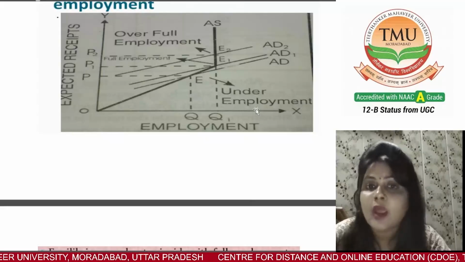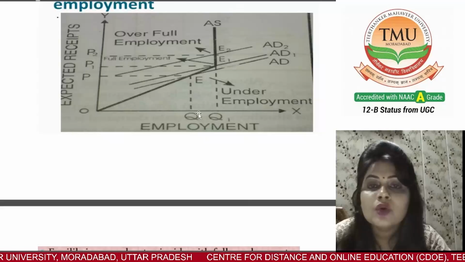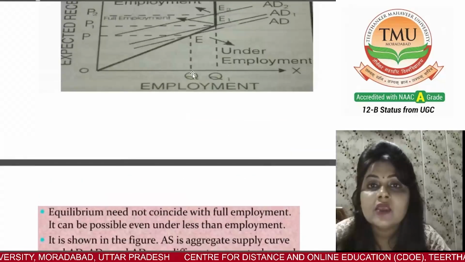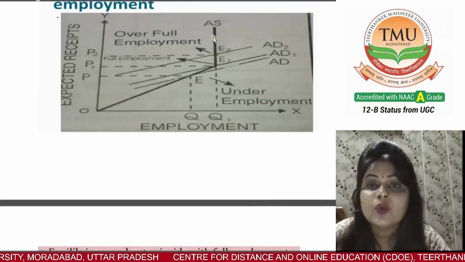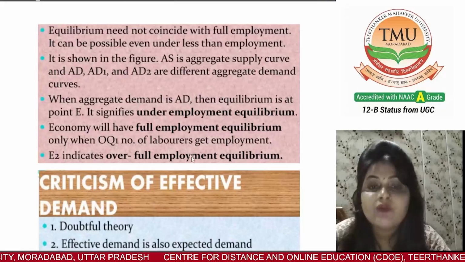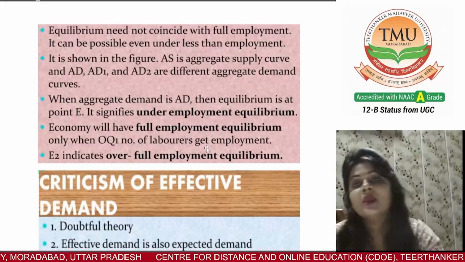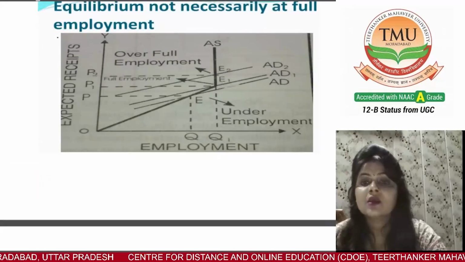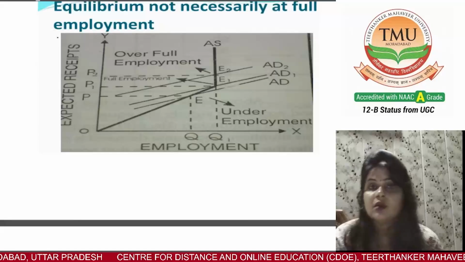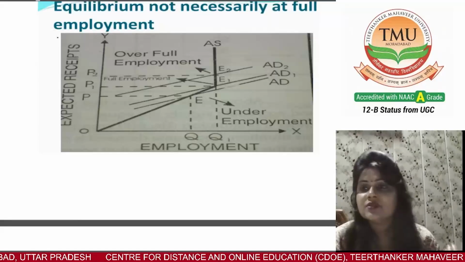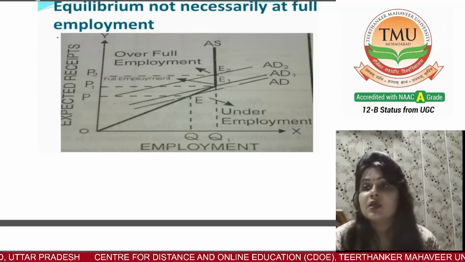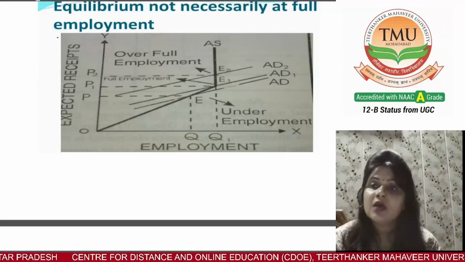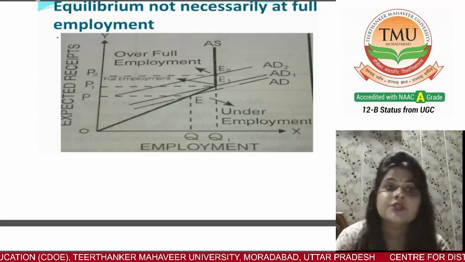OQ is a full employment level, and it is E1, and E2 is an over full employment level. So Keynes says that full employment is not a normal condition, while classical economics says that full employment is a normal condition. So it's shown that